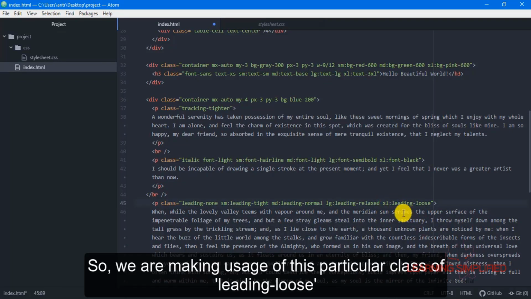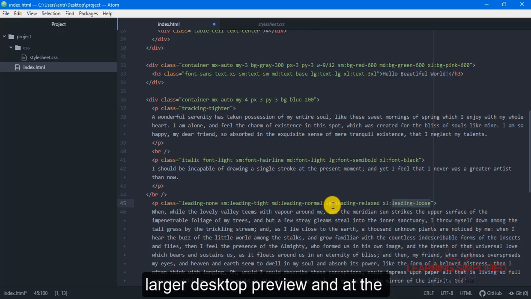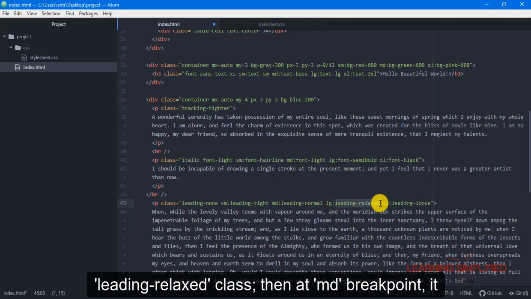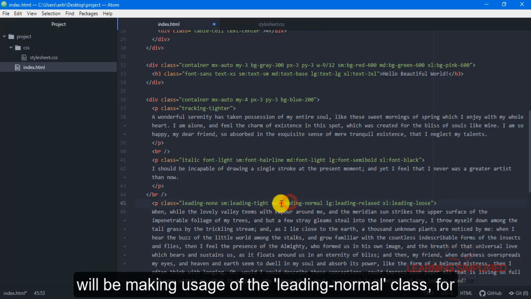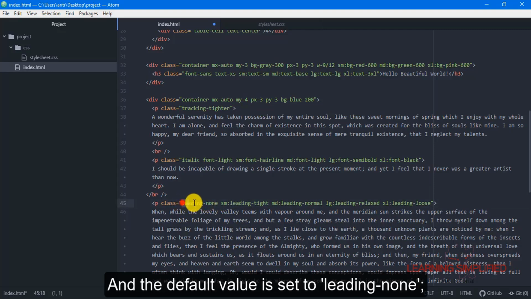So we are making usage of this particular class of leading loose, which has a line height property of 2 at the larger desktop preview, and then for this large device preview it will be using a leading relaxed class. Then at MD breakpoint it will be making usage of a leading normal class. For SM it will be using a leading tight class, and the default value is set to leading none.